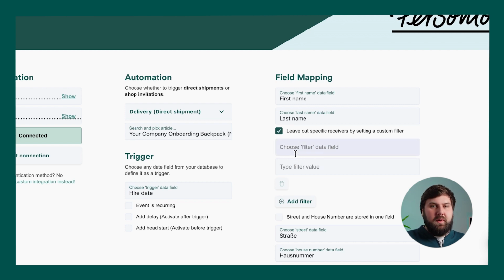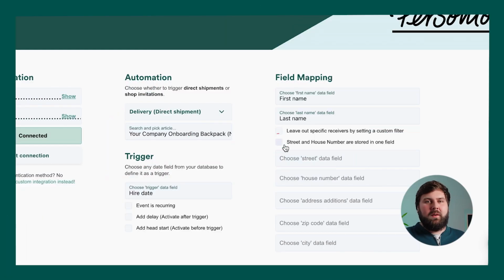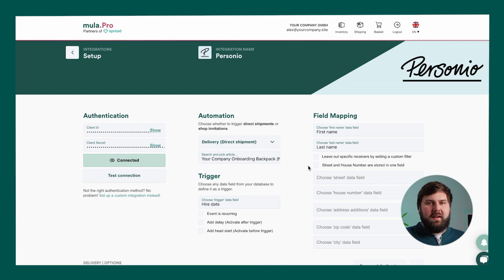The first field could be employee type, and the second, student, or any other field you have specified in your HR tool or software. Pick the second checkbox if you want to join the street name field with the house number field. This is useful when the address information you entered in your HR software doesn't extend over 2 lines. I will leave these 2 checkboxes unticked and continue to fill out the remaining fields.